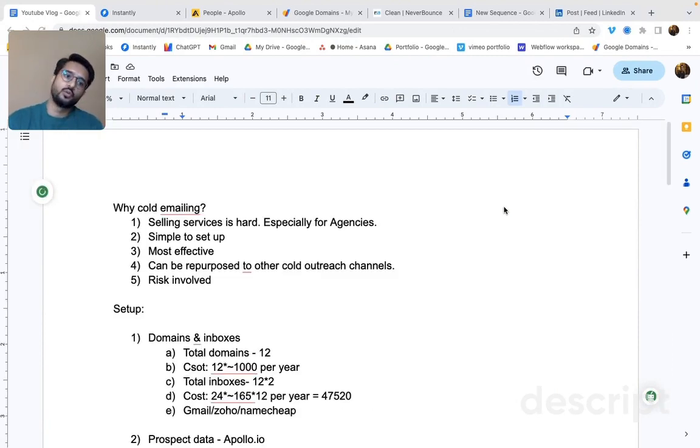So if you're looking to start marketing for your agency, for your B2B business, for your SaaS business, I think you should definitely explore the power of cold outreach, specifically cold emailing. The only point is that you have to keep yourself updated on the current trends, because algorithms are changing. Deliverability is directly affected by algorithms. So what that means is that one week you would be getting, let's say, 80% open rates. The next week, your open rates can go really down, and that's the inherent risk involved.